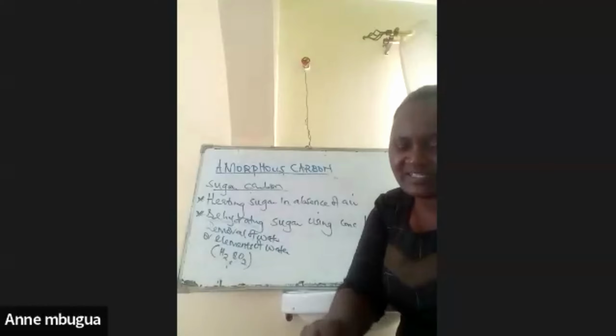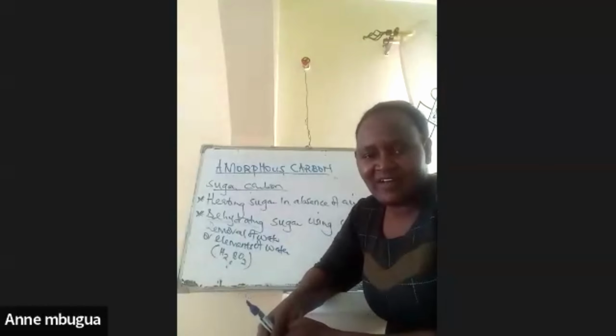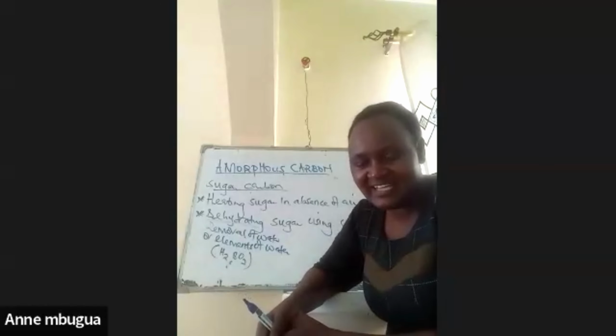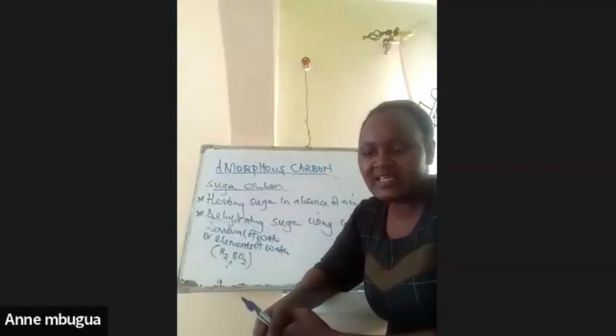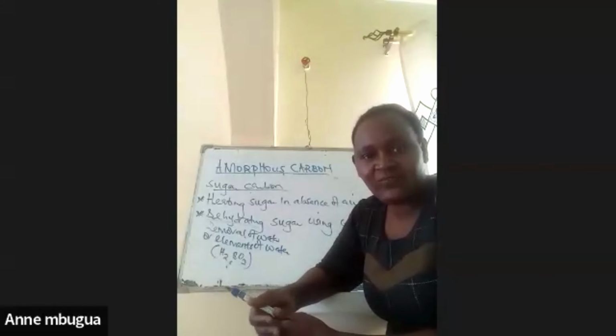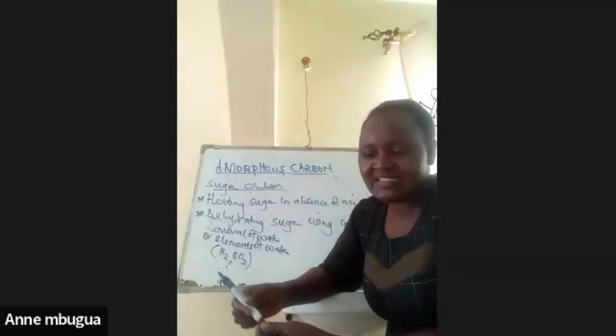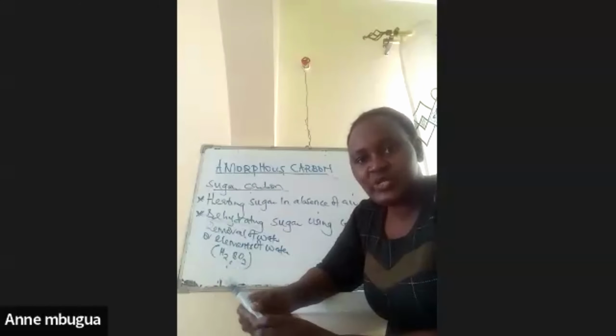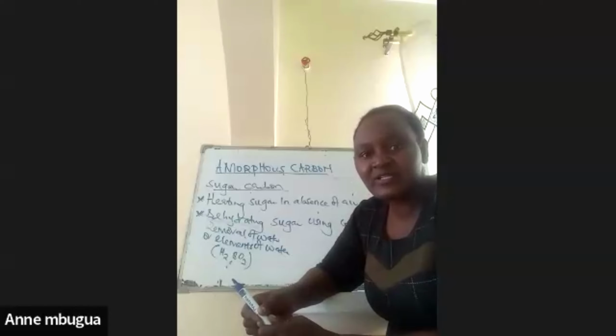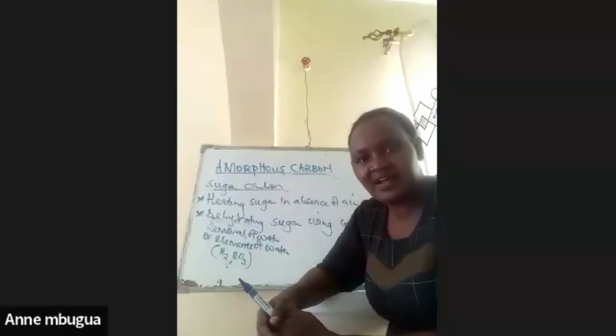Someone is also insisting on coke, and I've repeated on that. I said that coke is made by heating coal in absence of air, and it is used commercially as a fuel, and as a reducing agent during extraction of metals from their ores. I think it is also used to make graphite. I think so far we are okay. Can I move on to the